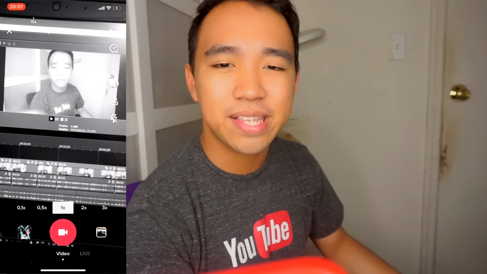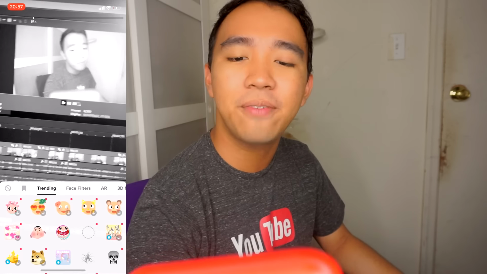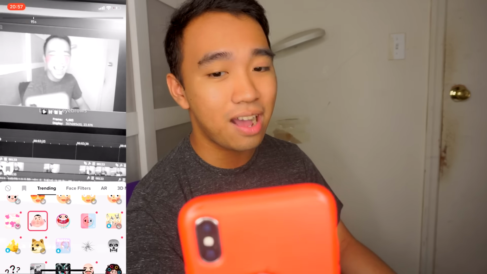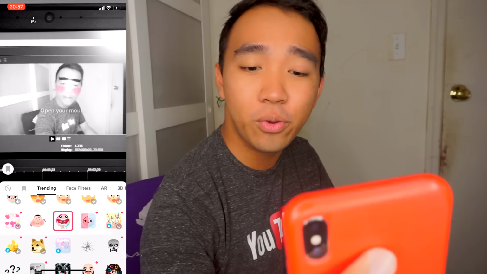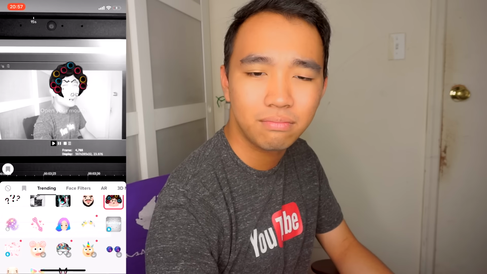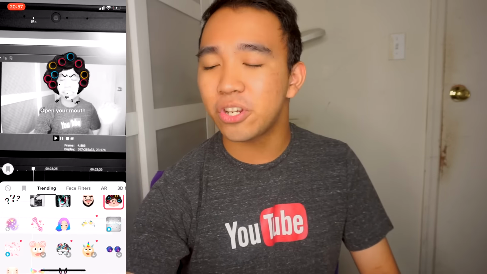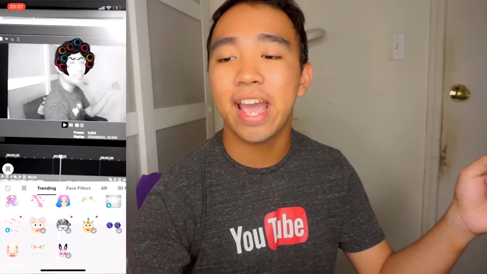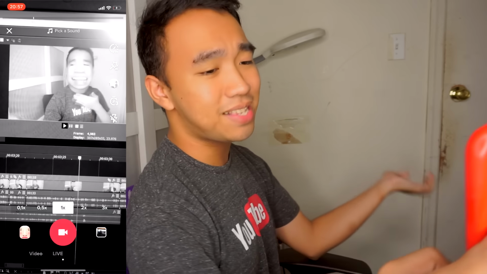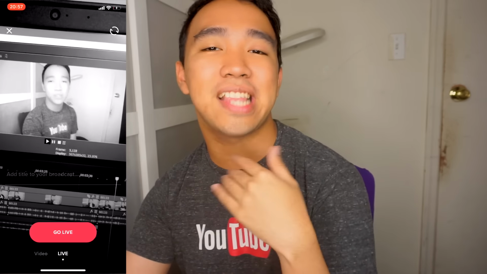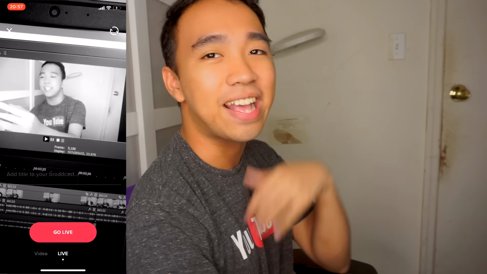So pretty much the same settings that you have here. If you go to the bottom left, you can see a lot of options. If you want some rosy cheeks, you click on that, and if you want some puffy hair, you'd be like, I don't know why they make this, and all of that stuff. So pretty much on the camera option, it is the same exact thing, and if you go live right here, it is the same exact thing as well. And guys, to the people who are asking how to go live, or if you don't see this live option, you need at least 1,000 fans or more to go live, and that's pretty much it.